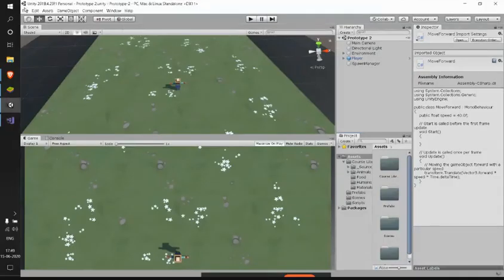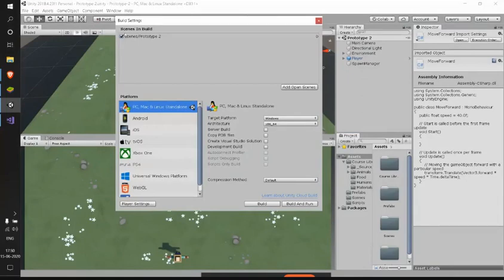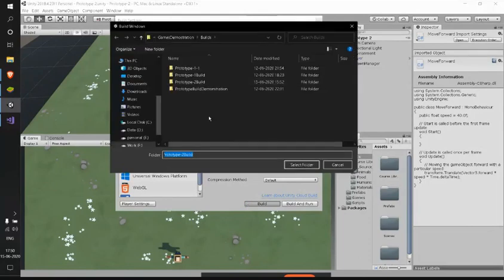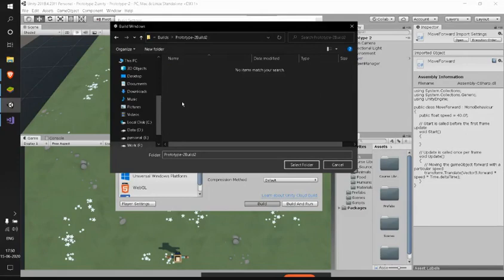So let me take the build of this and check how it looks in the game. So let me go to build settings and make sure that this scene is present here and check. If not, just click add open scene and the same happens. And let me click build and that asks me for builds. Make sure that you give a new build a new empty folder for it. Let me create a folder. I'll name it as prototype 2 build 2. So see, this is an empty folder, right? I'll select this folder.